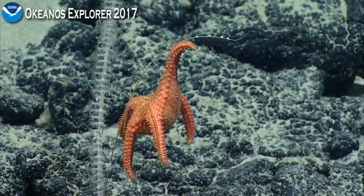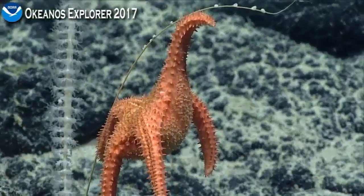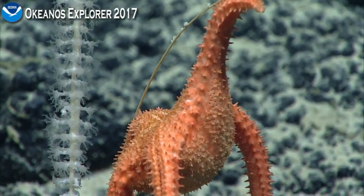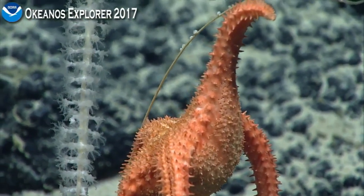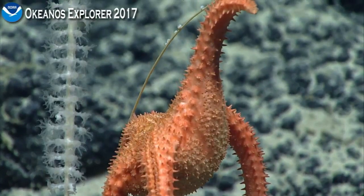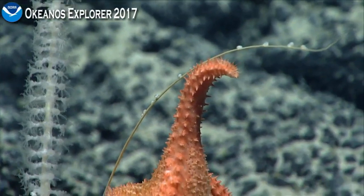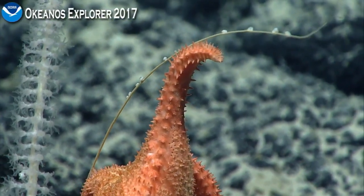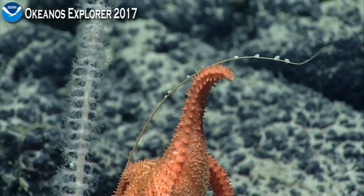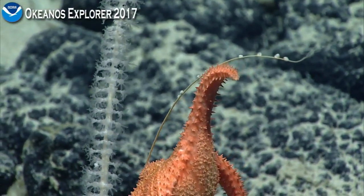ROV nav bridge. Move complete. Thank you, Rich. Get a tighter shot. Yeah, go ahead and take zoom at will, video. Wow, that is gorgeous. Nice, resplendent. Tilt me up just a tiny bit to get the orange end of the top. Maybe that's what took out the one branch of the previous one. Stop. I love how these manage to scale them with a row of tube feet right along the stalk. If you rotate just a little, I've often wondered if there's spines that line the tube foot row, and I've always wondered if the reason that some of those spines are so big